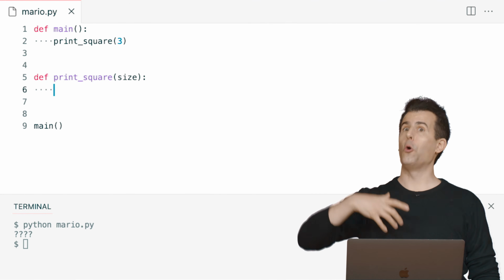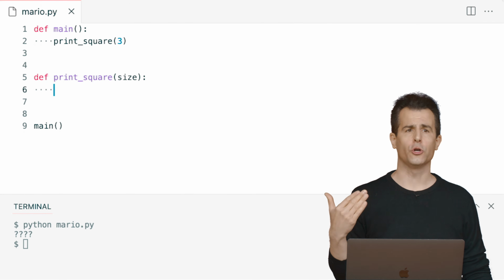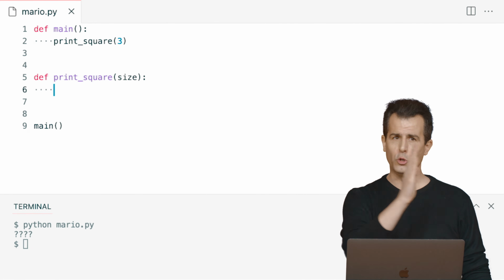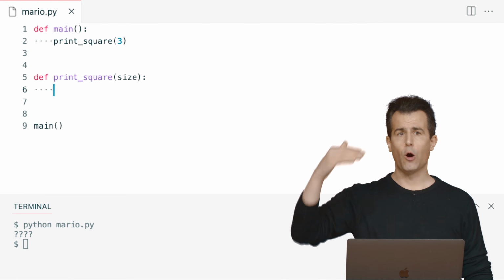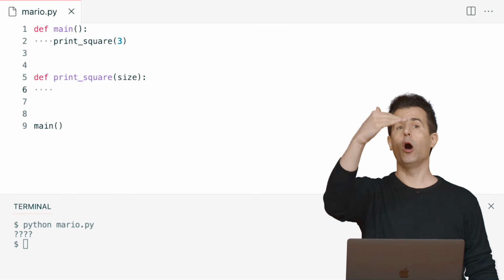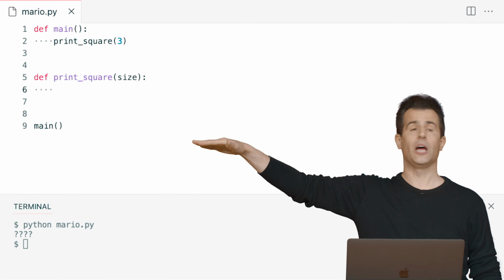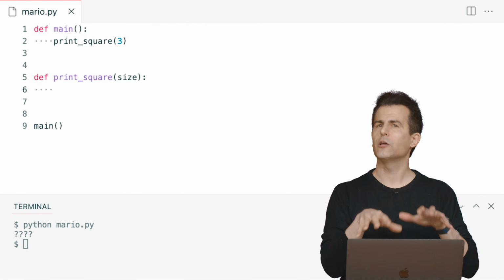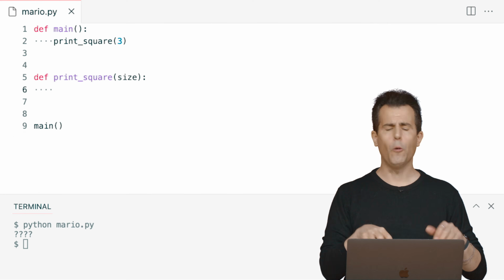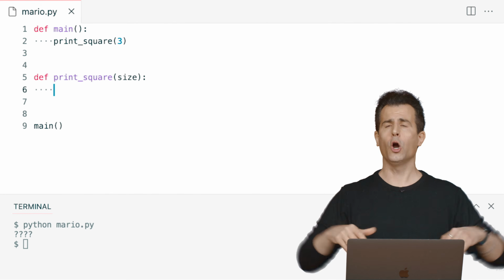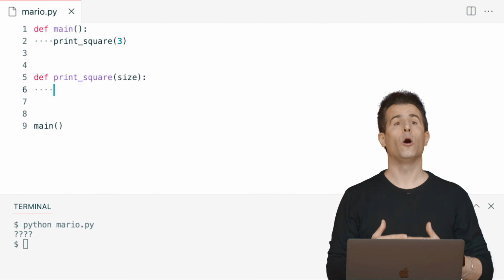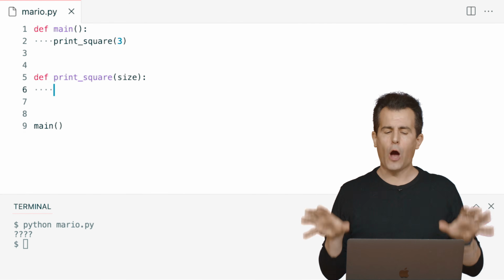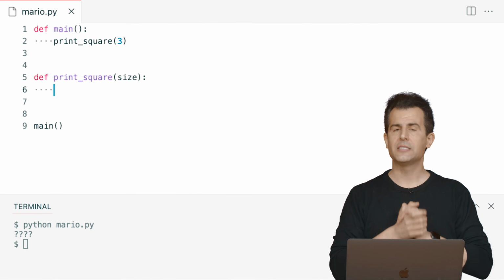If you're familiar with an old school typewriter or even a printer nowadays, it generally prints from top to bottom. So even if you have multiple columns, you print out one line at a time. And while you're on that line, the printer or the typewriter prints from left to right. That's the mental model to have with your black and white terminal window. All of the output for every example thus far starts at the top and goes down to the bottom. From top to bottom, left to right. So we have to generate our output, our square, in that same way.